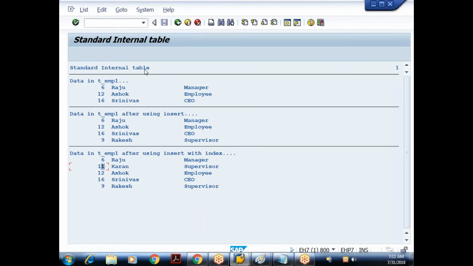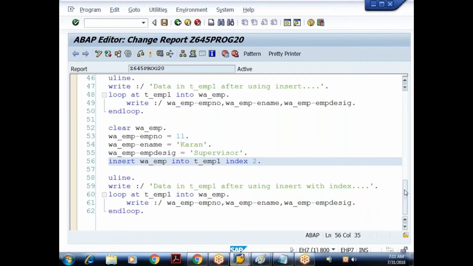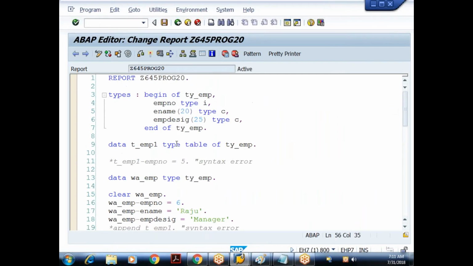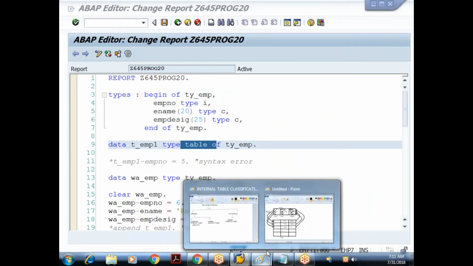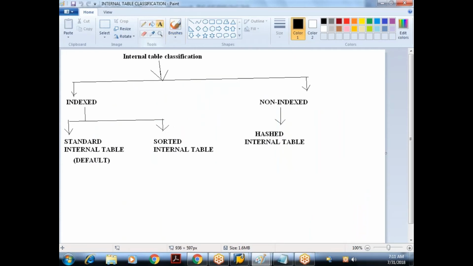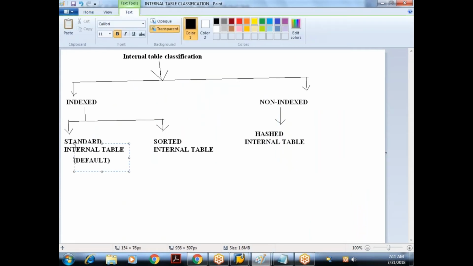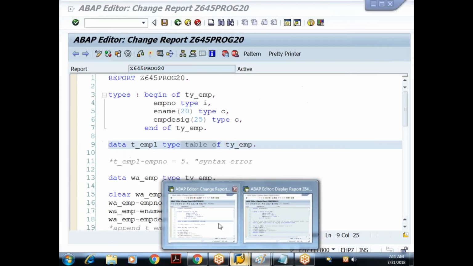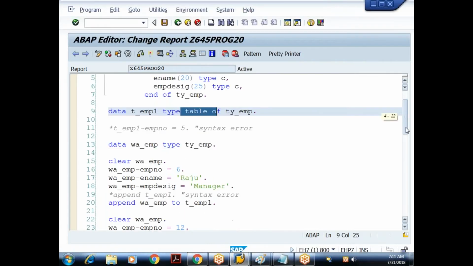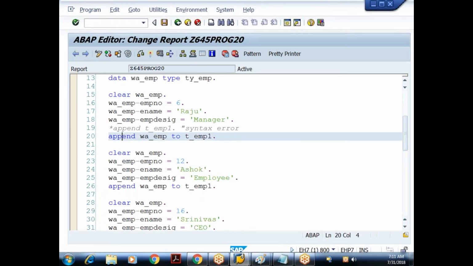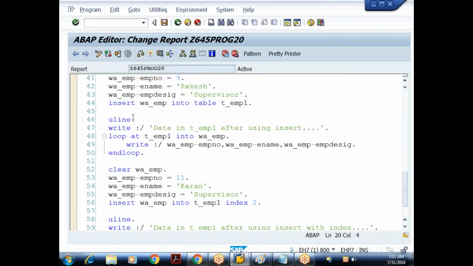This is the advantage of the insert statement. So to summarize, what kind of internal table is this? Standard internal table. Yesterday we saw that by default the internal table type is standard. If you don't specify the type of internal table, by default you take it as standard. So on the standard internal table, I can use both the append statement as well as the insert statement.